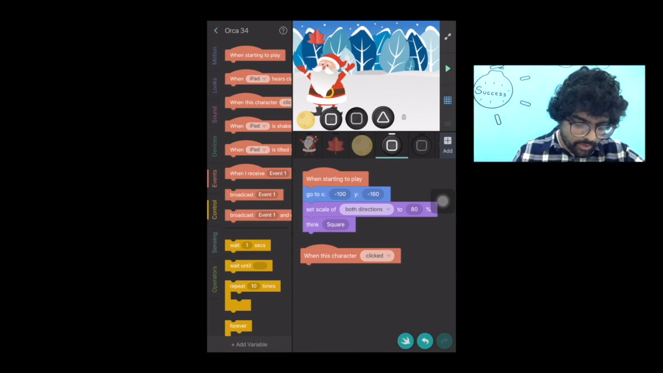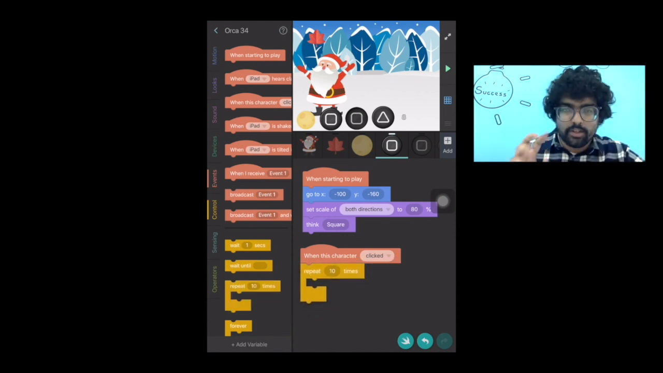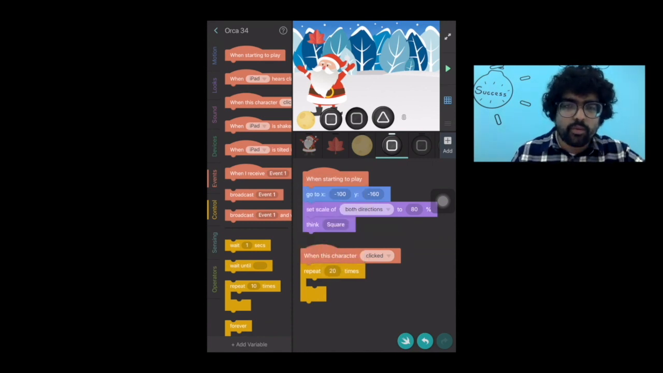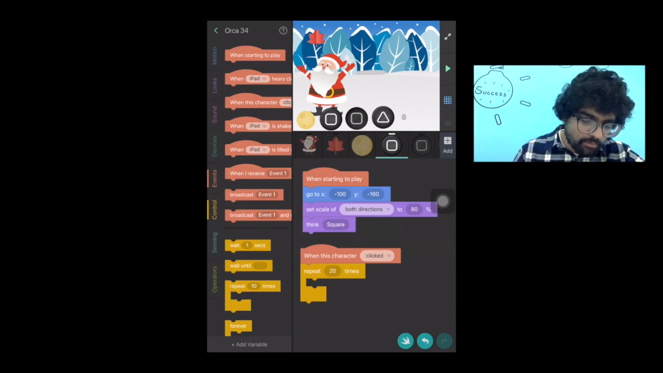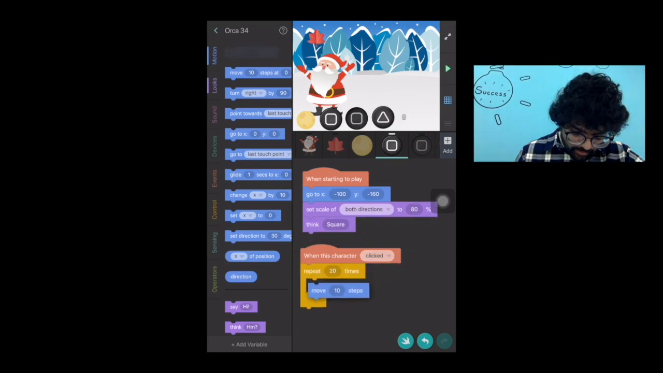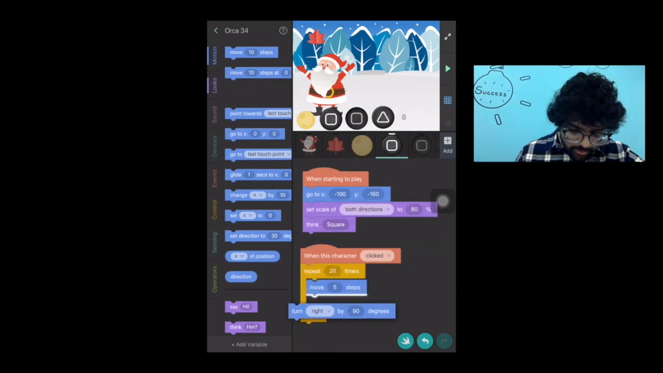So in order to do that, we click on control, take out repeat 10 times, change the 10 to 20. Then what we want it to do is move 5 steps. So in order for it to move, we click on motion and drag out the move here and change the 10 to 5. We want to do the next action, which is turn right by 90 degrees. So to do that, again we click on motion, drag out the turn right by 90 degrees and put it